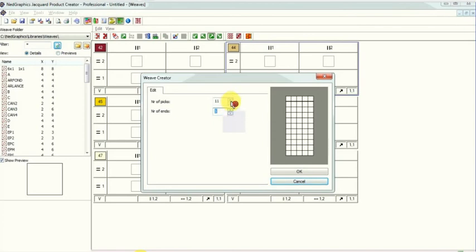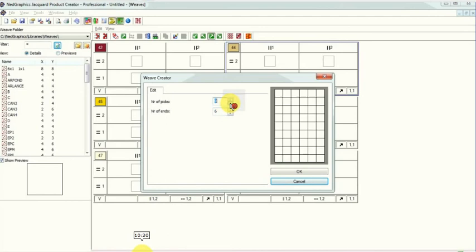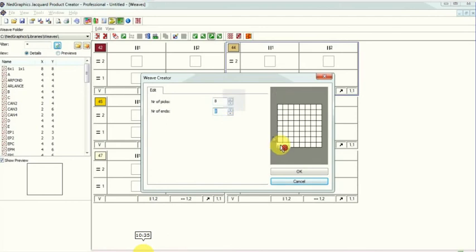I am going to apply 8 by 8 twill, that is 1 up 7 down. I want to show the weft only, that is the jute weft.